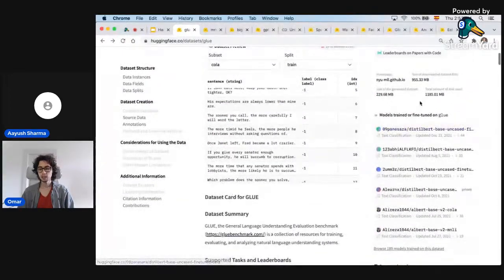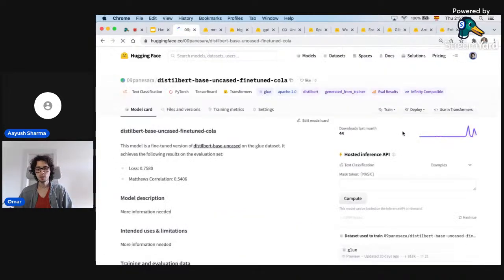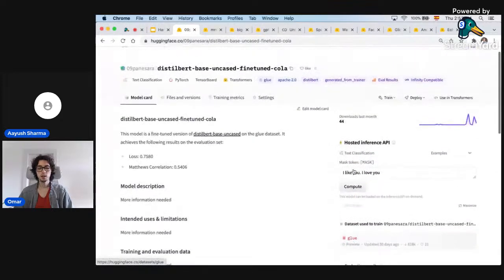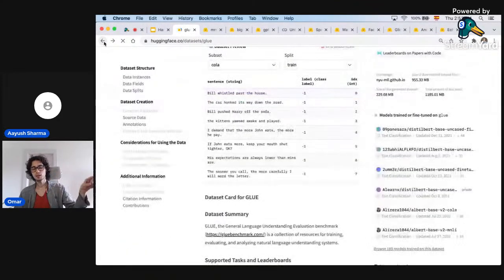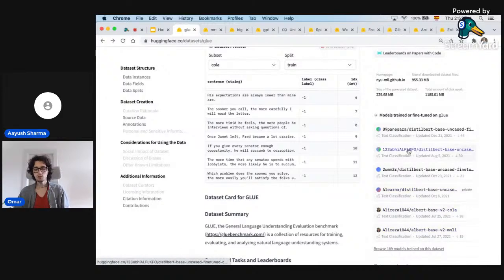Something that is cool is that at the right, you can see which are the models that were trained or fine-tuned. So I can go here, I can click this, and I can see that this model was actually trained with a Glue dataset. So it gives you a linking between datasets and models, and it's very nice because here I can see the 200 models that were trained with this dataset.